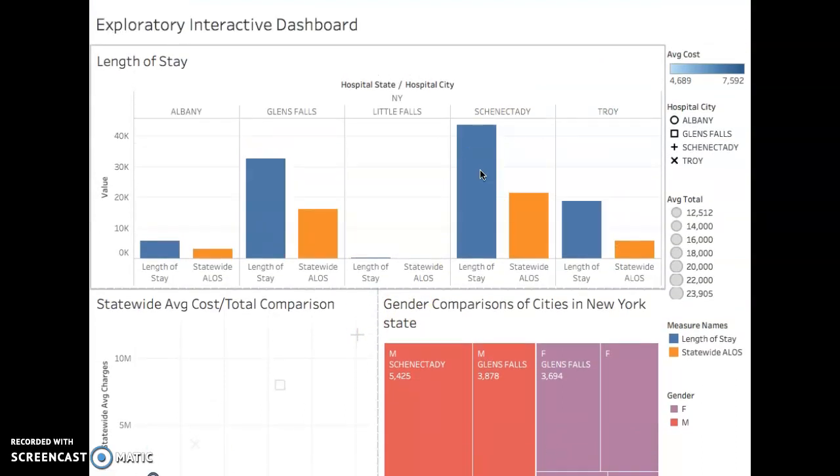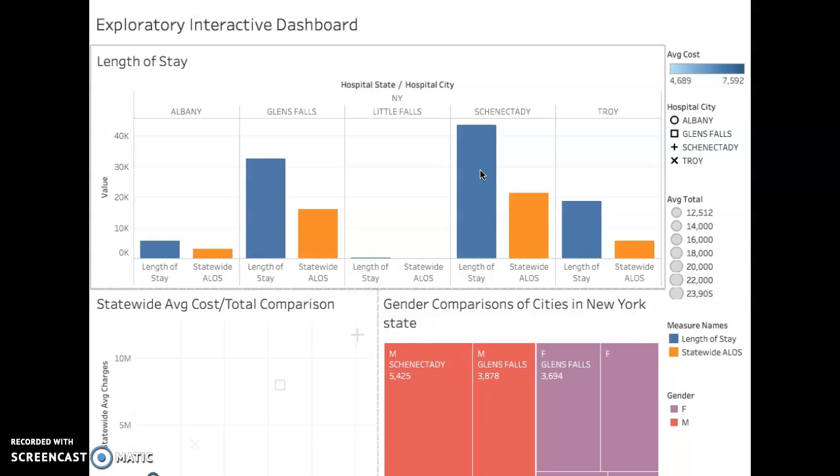After the 2 datasets were joined by a left-side operand, the data was then visualized by 3 different data visualizations: the tree map, a side-by-side bar, and a scatter plot. Based on the data that was presented, it is determined that Schenectady had the highest sum number of records for males, with 5,425 recorded. Glens Falls had the highest sum total of records for females, with